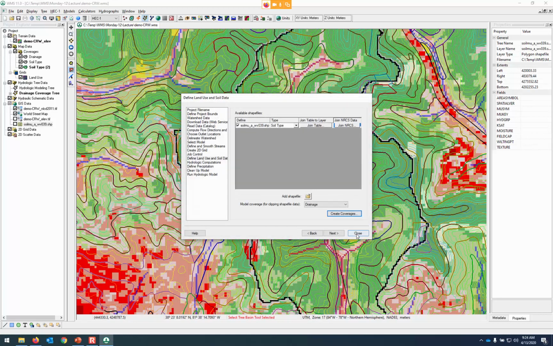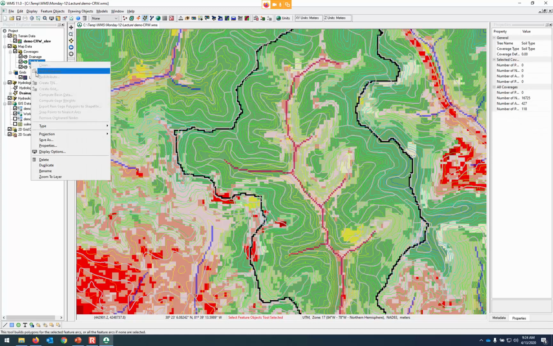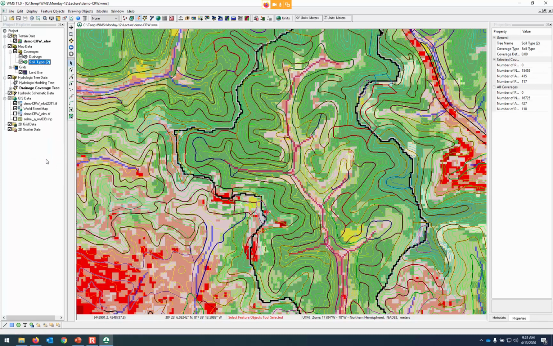Alright, so we have the soil, and let's delete the soil coverage, the first one that wasn't mapped correctly. So over here in the Project Explorer, if you just right click on the word soil type and then delete, that was the first one, and we still have the second one that we just created, so we're good there. It's a good thing to save your work occasionally, so let's click the Save button and then open up the